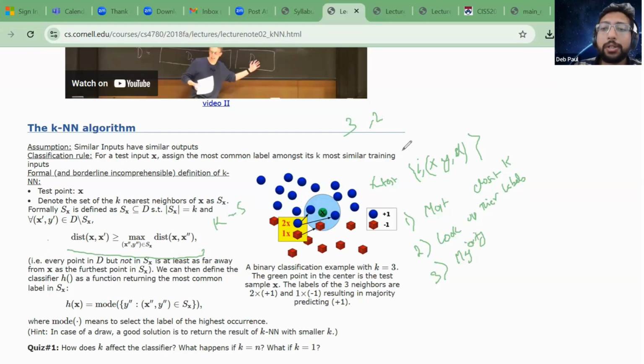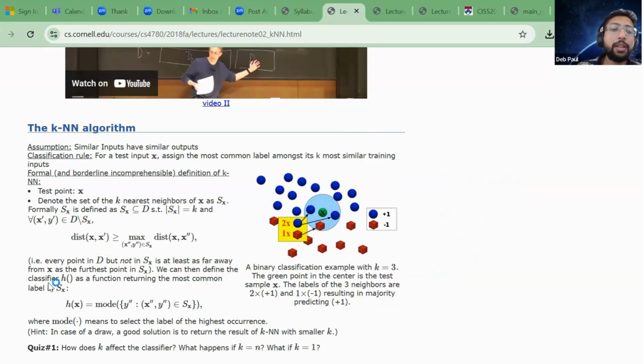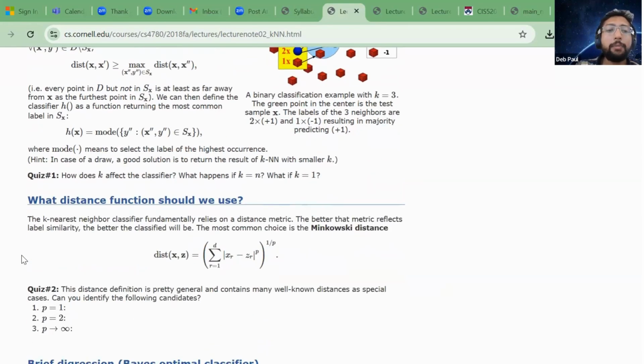So this is an extremely simple classifier. All you need to do is have this dictionary and have a function, and then you are done. You can actually say that this classifier is quite good. It's not a very bad classifier in a lot of scenarios. It is used in a lot of companies today. If your features are very good, then this can work wonders. It's a very simple classifier. Now the question is, how do I define the distance? The question here is not about the classifier, but how do I define the distance?